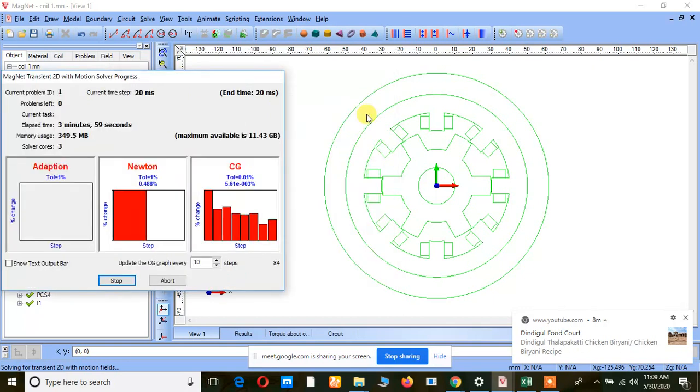There is no need to draw the model. The template will be available. We can go for either an inner rotor or an outer rotor, right? But there we cannot change the geometric modification. Suppose if you want to go for an asymmetric type of rotor, we cannot. Suppose if you want to go for a flux barrier rotor in the SRM motor, we cannot go with a flux barrier. So in this case, what we are doing is going for Magnet. Magnet means whatever design, whatever geometry we need, we can draw it in our package, right?